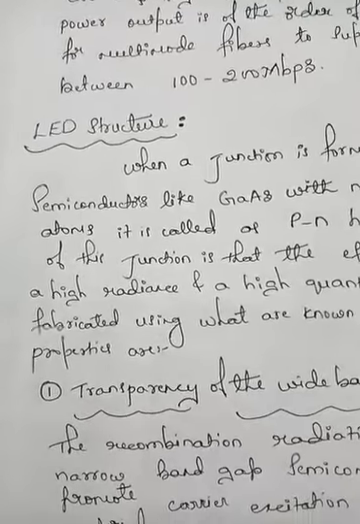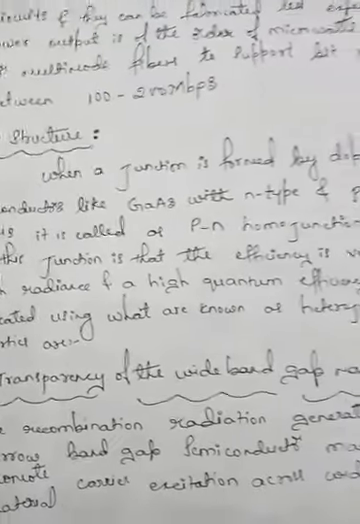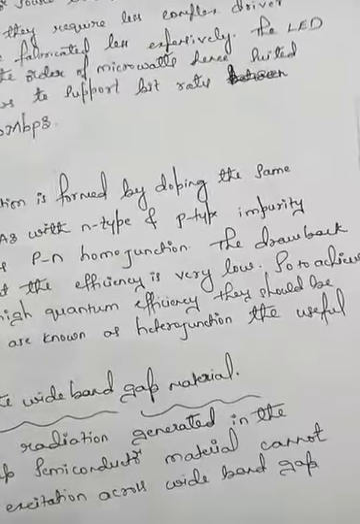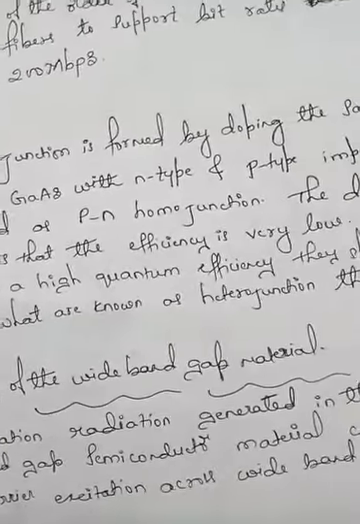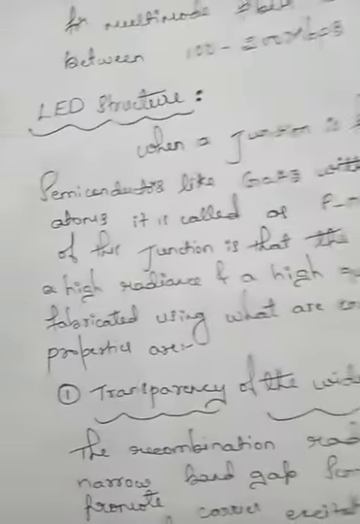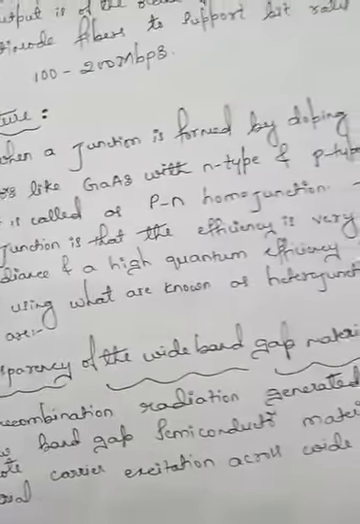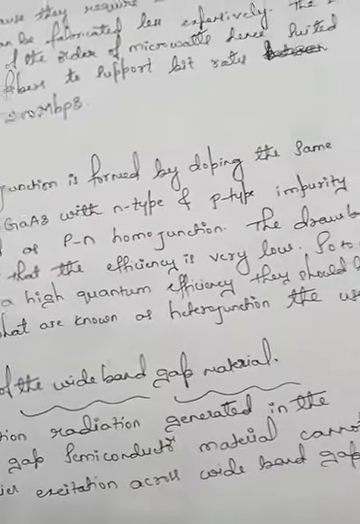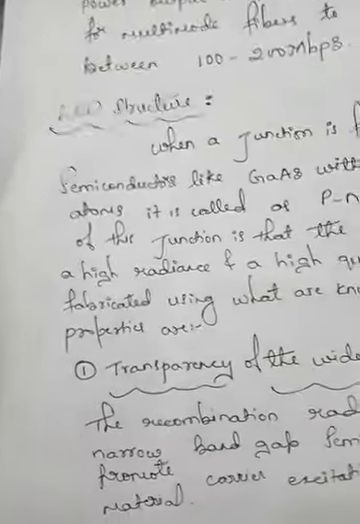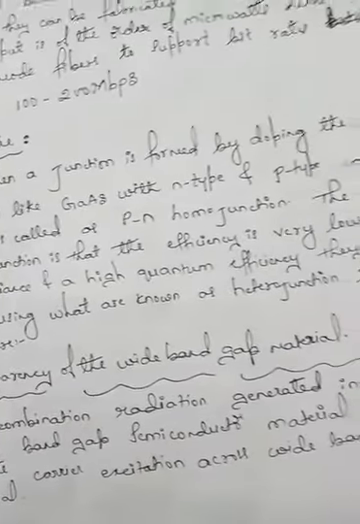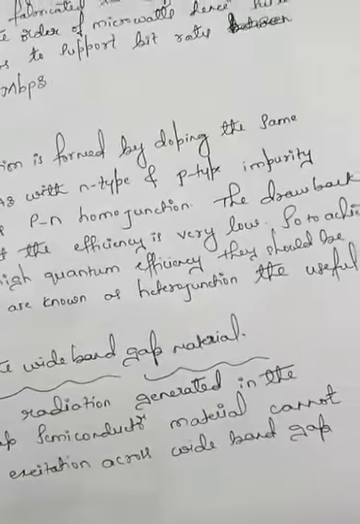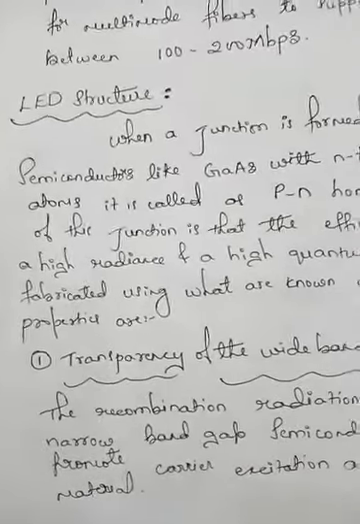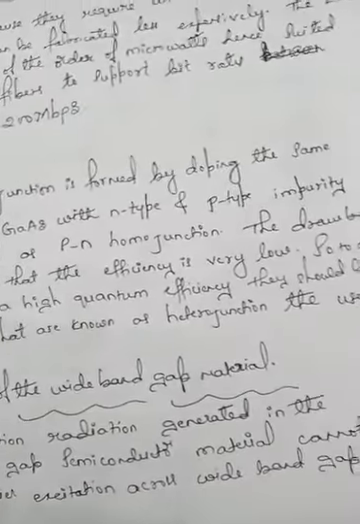Now we shall come to the LED structure. When a junction is formed by doping the semiconductor like GaAs with N and P type impurity atoms, it is called a PN homojunction. The drawback of the junction is that efficiency is very low. So to achieve a high radiance and a high quantum efficiency, they should be fabricated using what are known as